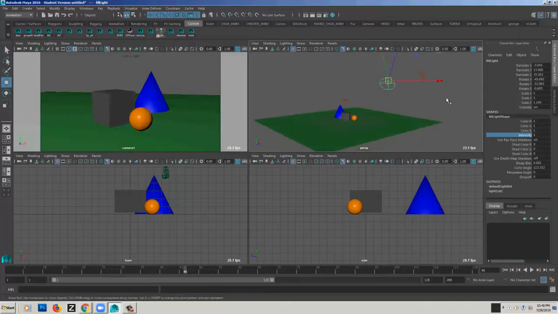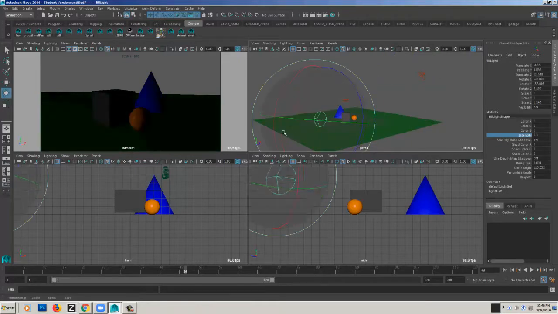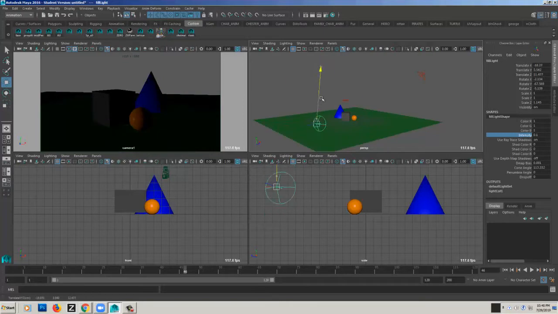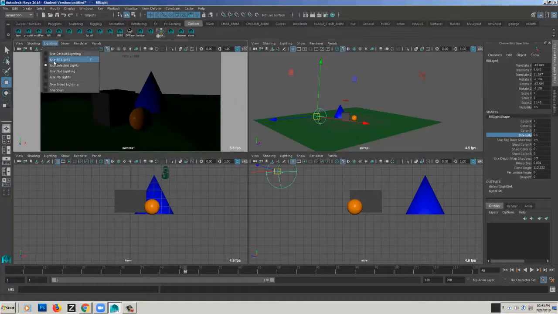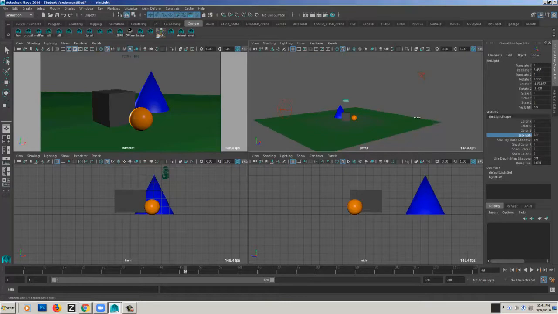So I might use my fill light, and I usually don't go very bright with that. I just give it a little bit of fill from this side, just so my shadows don't go as dark. So this is just a quick sloppy version. But then if I do use all lights, I can see what my 3-point lighting is doing there. And it might be something like that. And then I can go in and play with the intensities of my 3 separate lights,